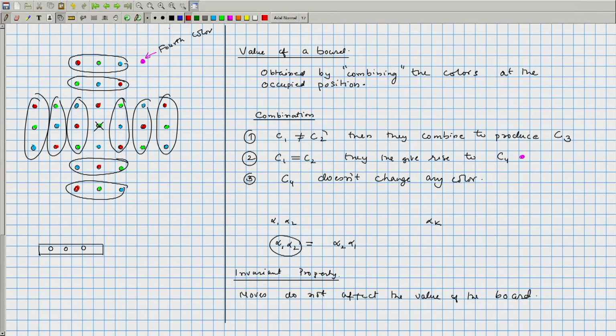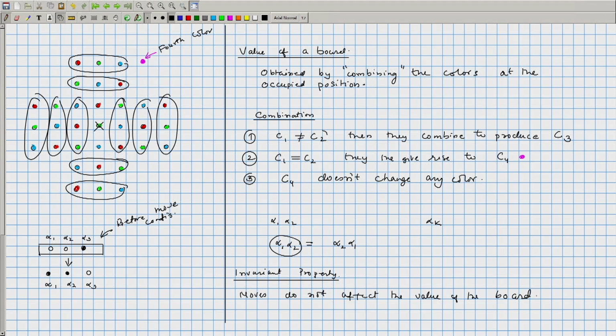So let us say we denote them by alpha 1, alpha 2 and alpha 3. Okay. Two of them are going to be occupied. Let us say the occupied positions are alpha 1 and alpha 2, and alpha 3 is the unoccupied position. So this was the unoccupied position, and this will change to 2 unoccupied positions and 1 occupied position. The initial value of the board is going to be obtained by looking at all the other positions. Okay. So let us say this is the initial board, or the before-move configuration.